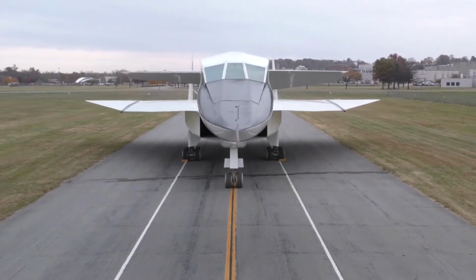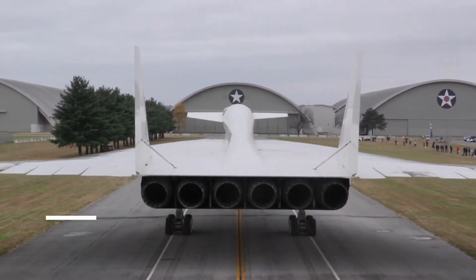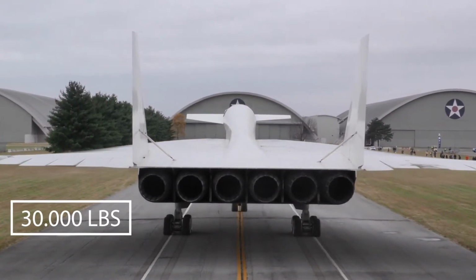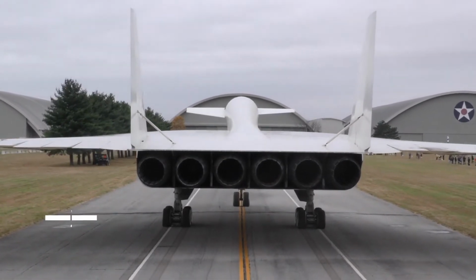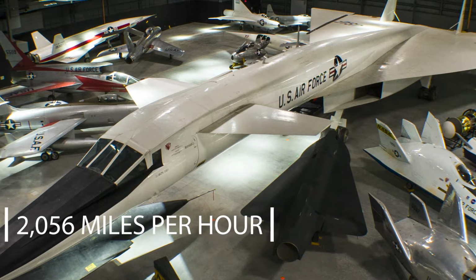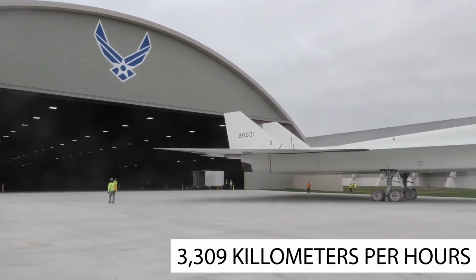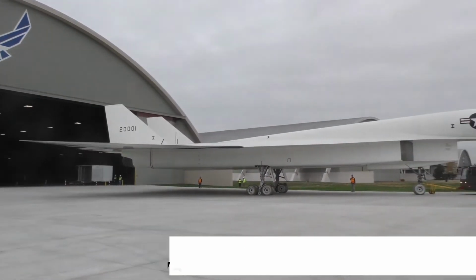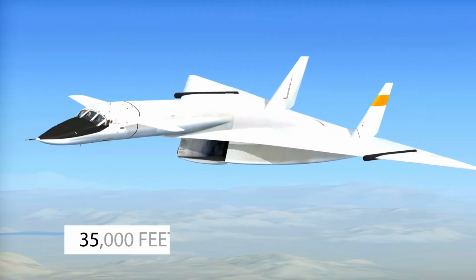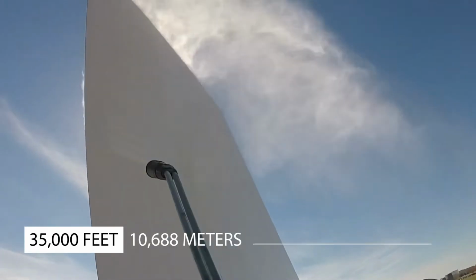As initially planned, the XB-70A, which was powered by 6 General Electric YJ-93s of 30,000 pounds thrust each with an afterburner, was to have a maximum speed of Mach 3.1, 2,056 miles per hour, or 3,309 kilometers per hour. At 35,000 feet, 10,668 meters, it could reach Mach